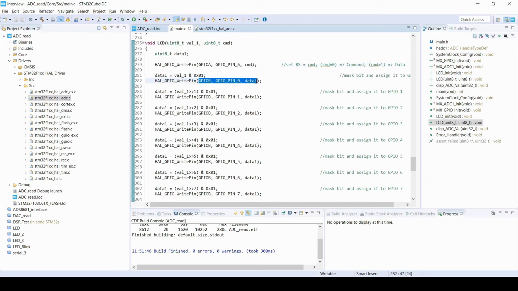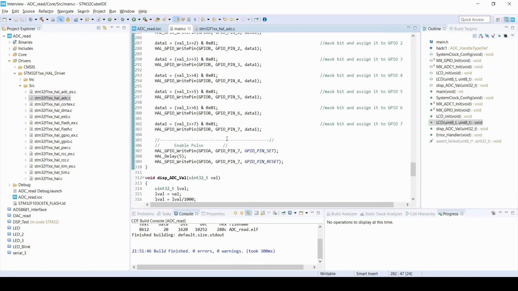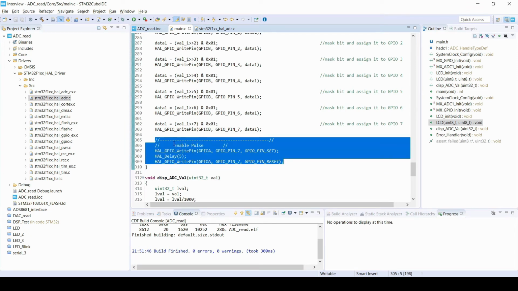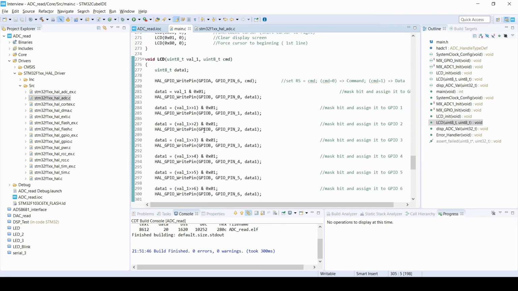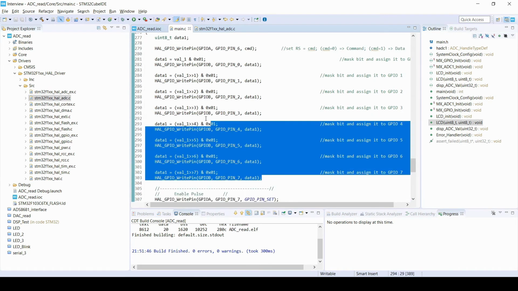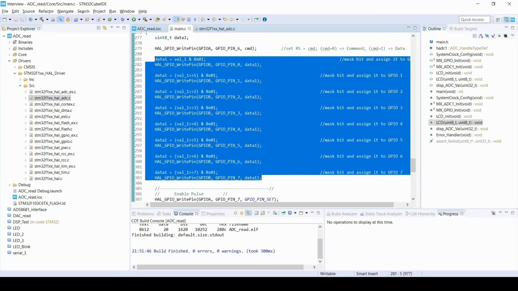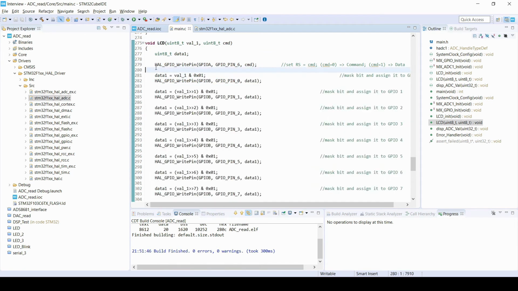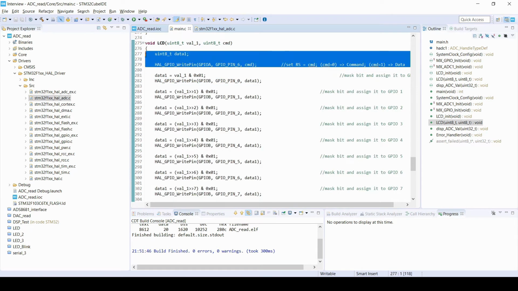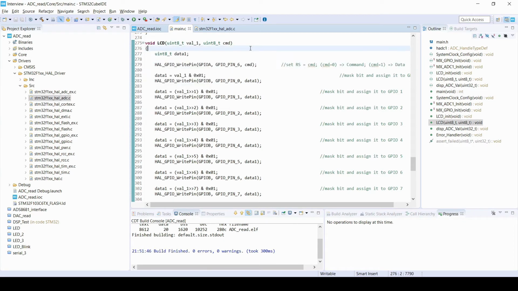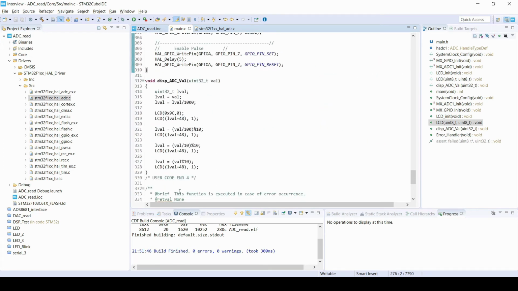The data pins of the LCD are interfaced with the GPIO port B, that is from PB0 to PB7. The RS pin is connected to PA6 and the enable pin is connected to PA7. So we have to make changes according to that. Let's verify that we have made the correct changes. You can cross-verify the pin numbers with the circuit diagram in the Proteus software. Now let's come to this ADC value function. This function is created to display the digital value on LCD that we get from the ADC conversion.